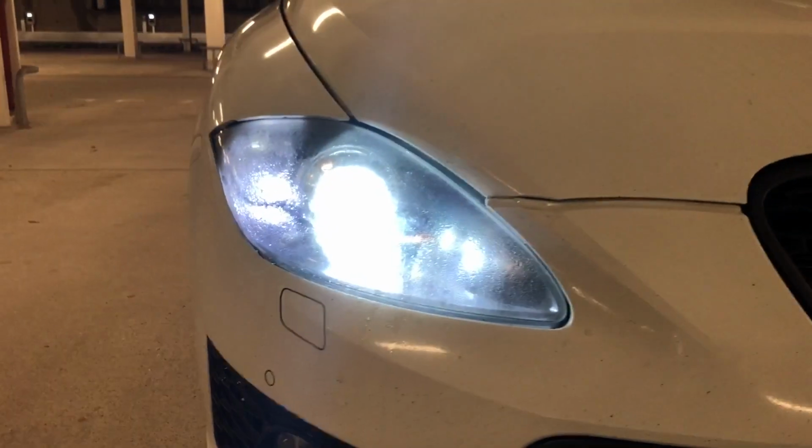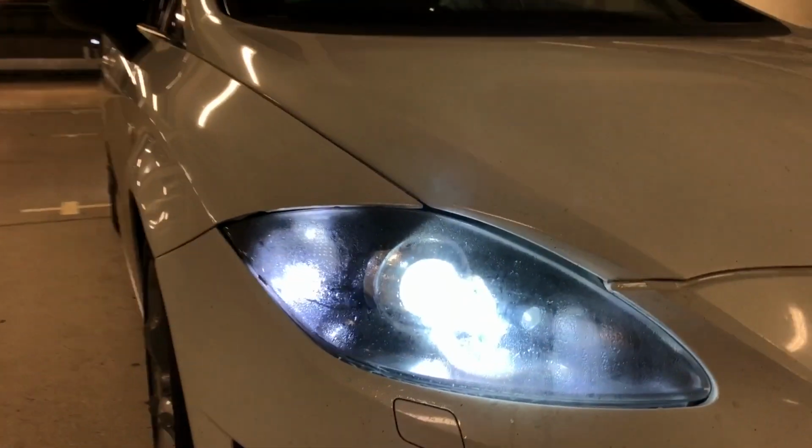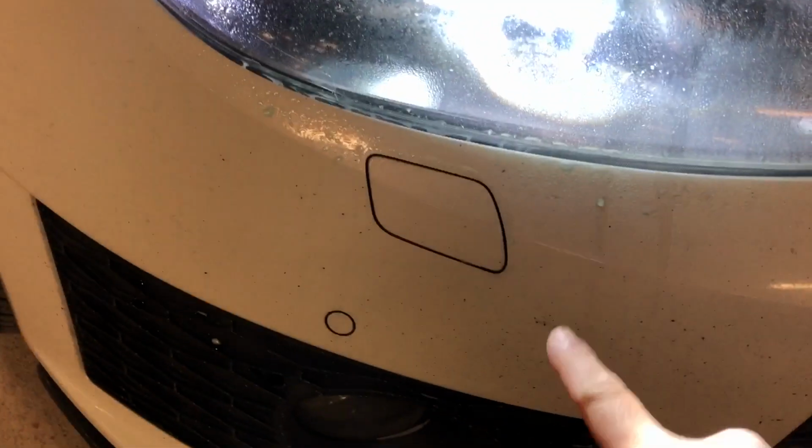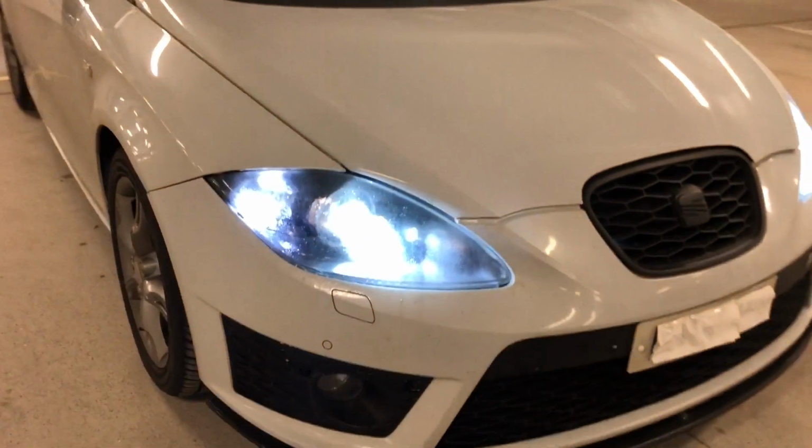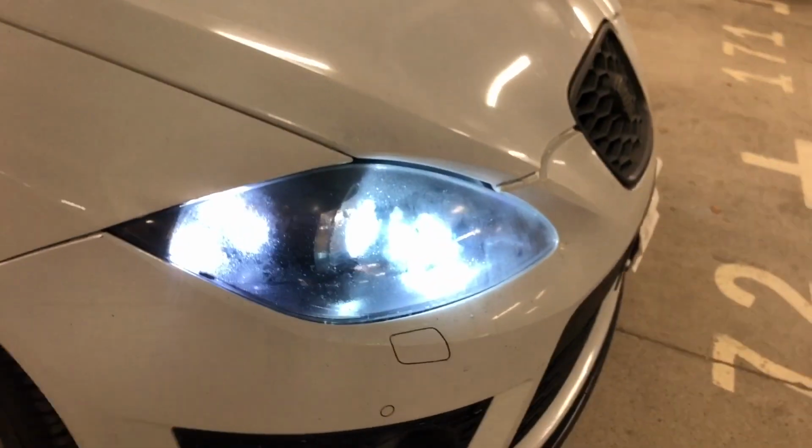Yes guys, you'd be surprised to know that not a lot of people know how to activate these headlight washer jets. So today I'm going to show you what to do. So once you've got your headlights on,